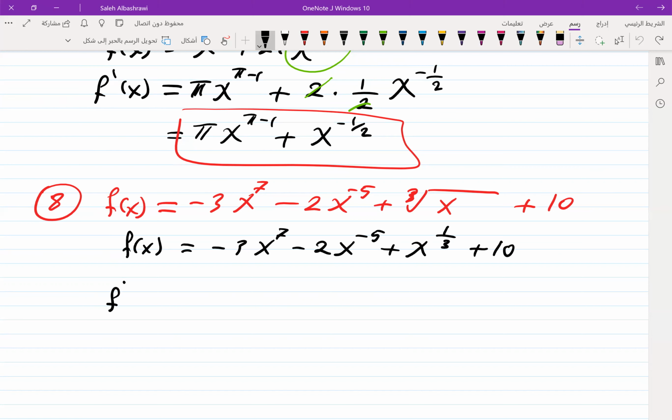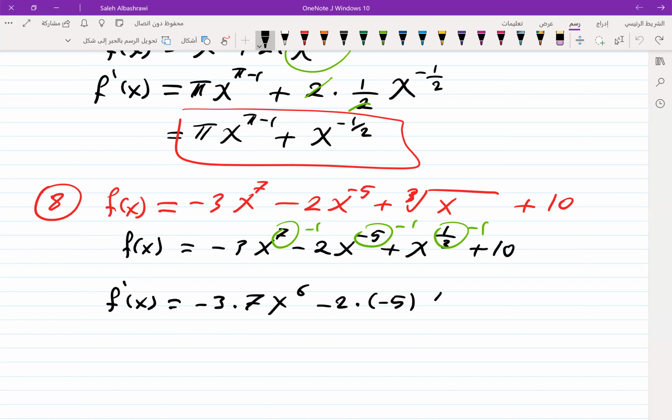The derivative for this one is equal to the coefficient minus 3 multiplied by the power, minus 1 from each power. From each one, we will deduct 1, applying the power rule. So the first term is minus 3 multiplied by the power 7, x to the power 7 minus 1 is 6. Second one, minus 2 multiplied by the power, and x to the power minus 5 minus 1 is minus 6,